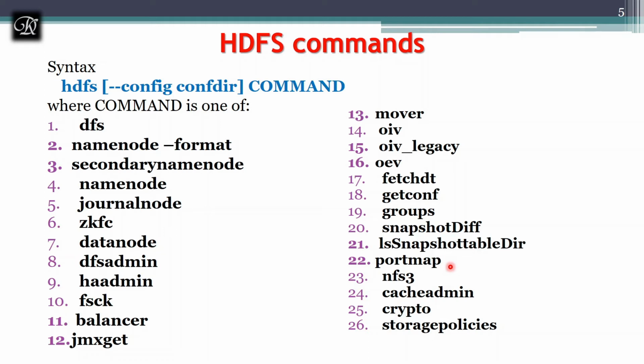Next is port map. If you want to map the port, you have heard about the port definition and the use of port from the network subject and also from the web technology subject which you have studied in the 7th semester. So similarly here we can configure the ports, so that can be mapped, that is going to be used with the port map service. Next is NFS3. Just before we have discussed the network file system version 3. So if you are going to use this command, it's going to enable the NFS3 gateway. Cache